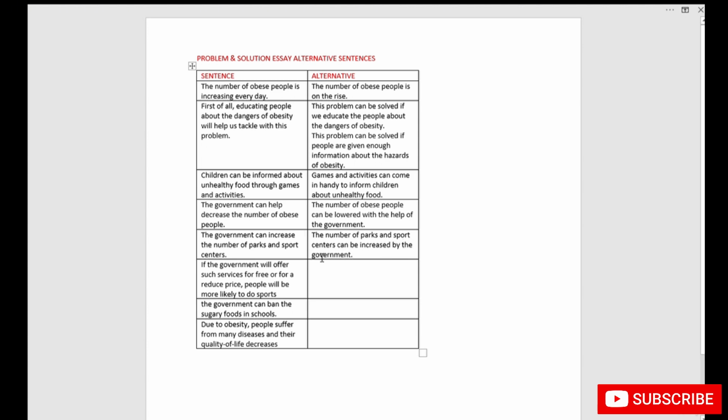Let's look at this one. If the government will offer such services for free or for a reduced price, people will be more likely to do sports. So I can change the sentence by saying people will have a higher chance to engage in doing sportive activities,